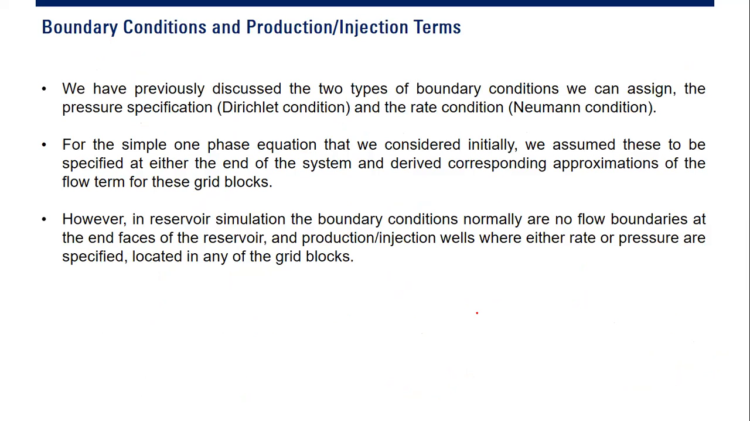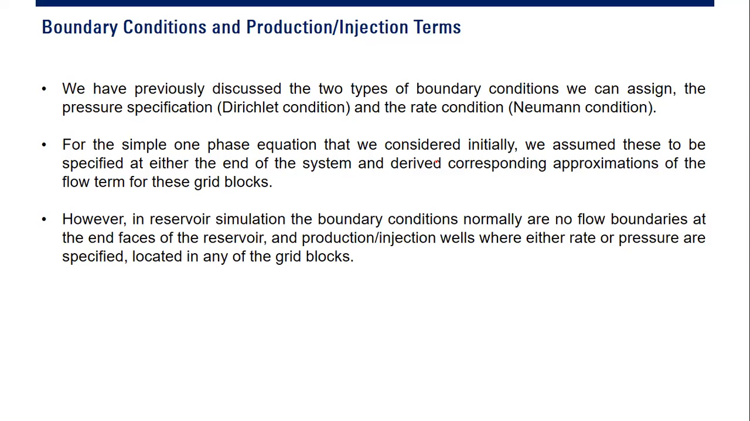Let's read it together. We have previously discussed the two types of boundary conditions that we can assign. The first one is pressure specification. We call this Dirichlet condition. And the second one is rate condition. We call this Neumann condition. And for the simple one-phase equation that we considered initially, we assume this to be specified at either end